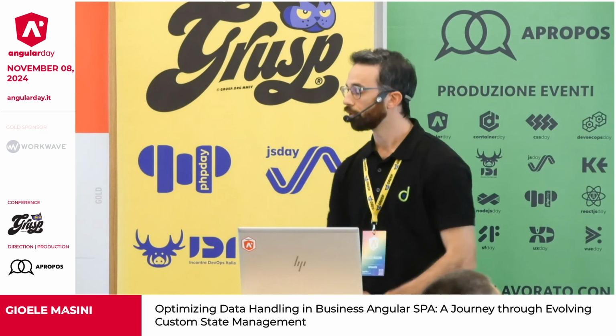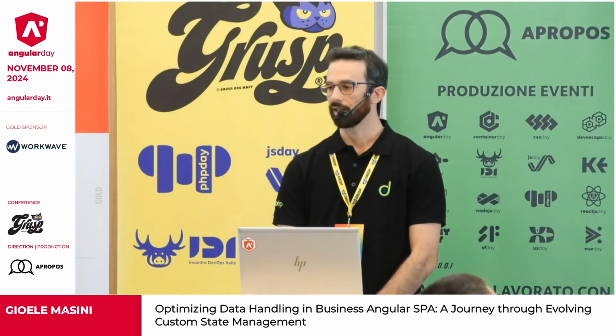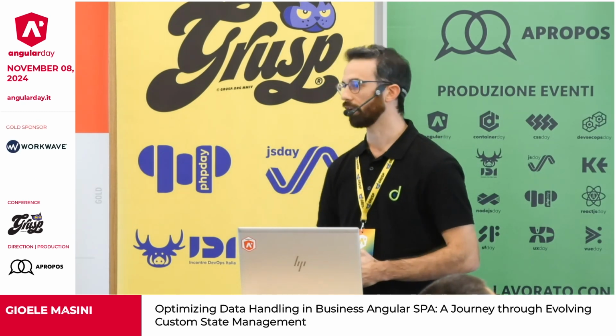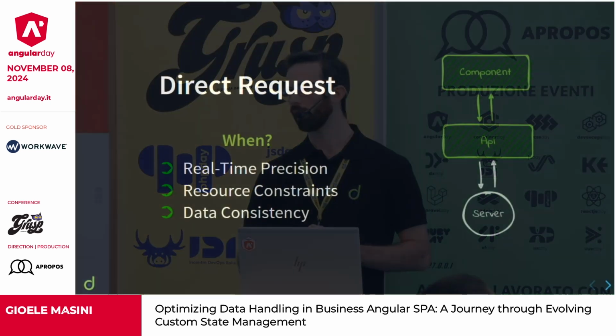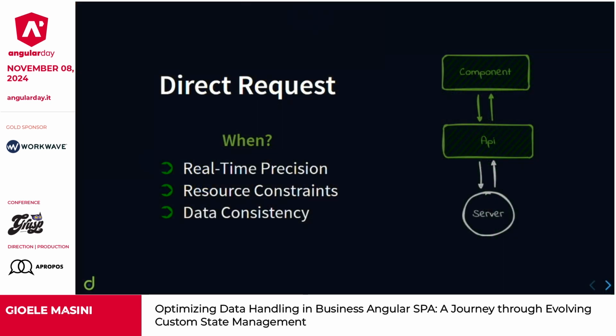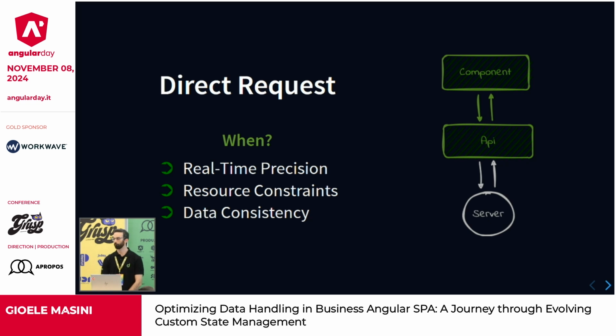We will see our code history. So the first question is what architecture we have to use to handle our API data. The first option, obviously, is direct request. It is the simpler, and